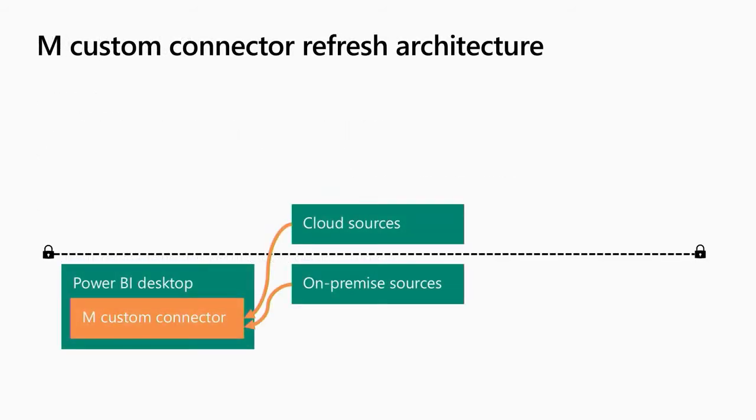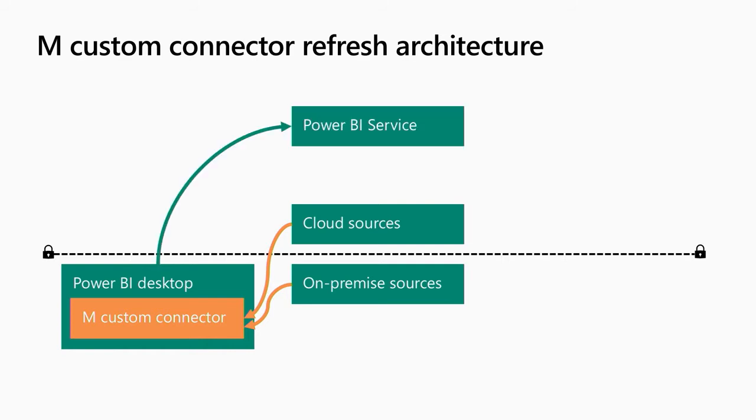So before I go into my demo, let's talk just a little bit about the M connector infrastructure and how it works and how it gets data into the cloud. When you're developing locally, you have an M connector that you've written that sits on your disk. This connector can hit your in-network databases, it can hit cloud sources, all that's fine. But you put it up into the service, and the connector doesn't go with it. So you now have a report in the service, and it's trying to hit a function that may not be there. And that's why you can't just refresh arbitrarily,